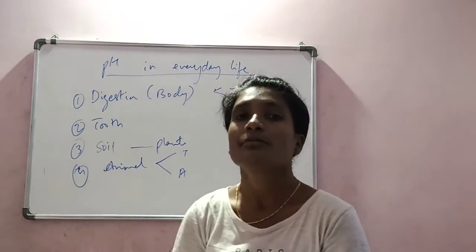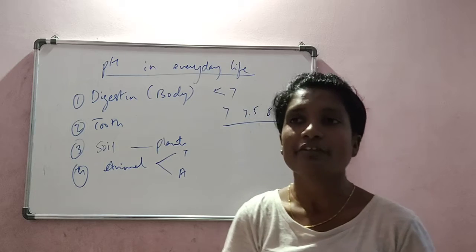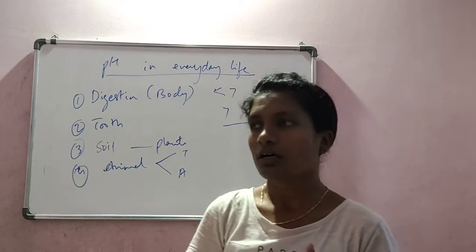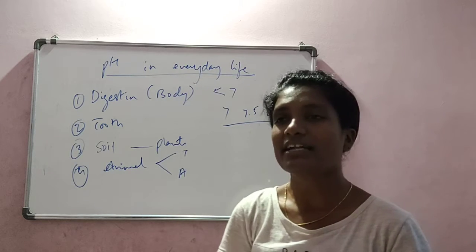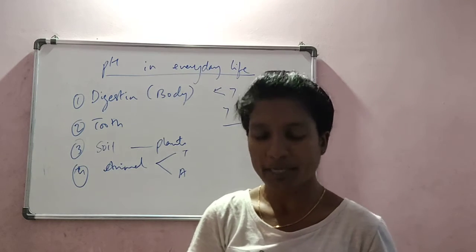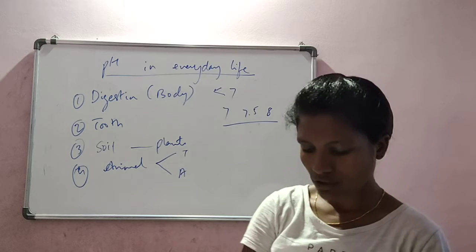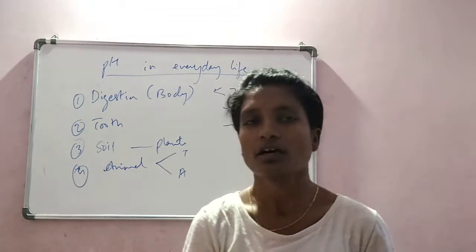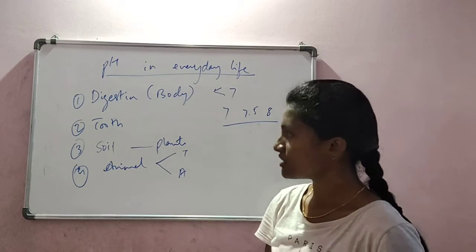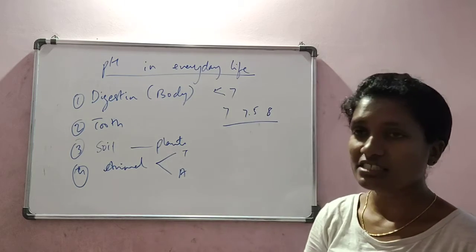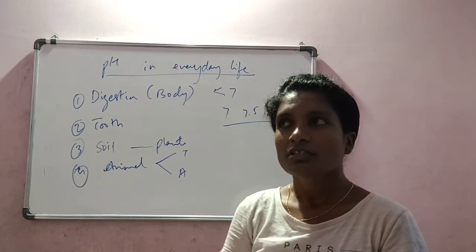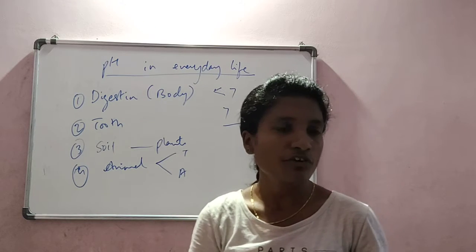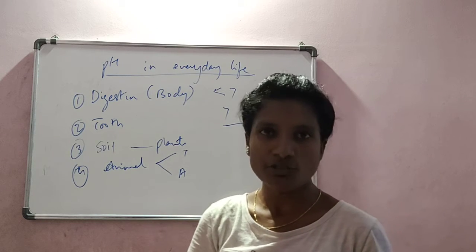Hence, antacids are suggested for a person who is suffering from a gastritis problem, to neutralize the reaction inside his stomach. Some of the antacids, as we studied in the uses of bases, are magnesium hydroxide and sodium hydrogen carbonate, which are some of the bases used. Then pH changes the tooth into tooth decay. Since we consume a lot of food, most of our food is carbohydrates or sugar.